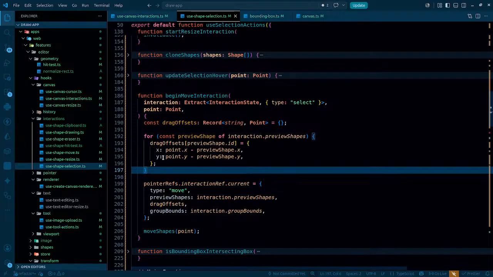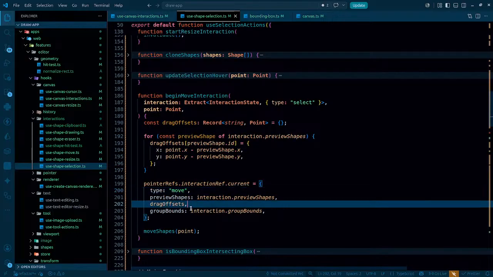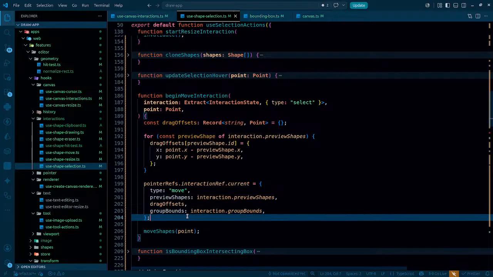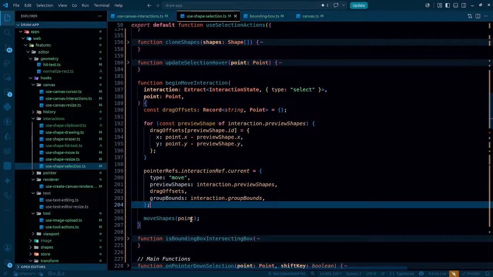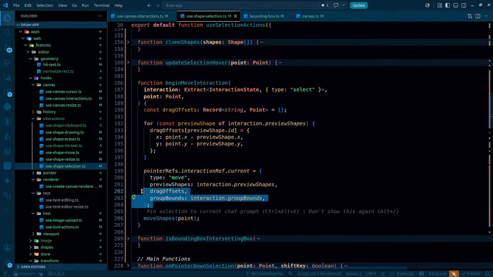And apart from this particular thing, begin move interaction, so we are getting the drag offset. Once we got the drag offsets for all of them, then we are just simply saving it in here. So we have the preview shapes, we have the drag offsets that actually contain the offsets for all of them. There's another way as well, that is calculating the dx and dy from the last point, and that can actually be done, but even drag offset works well, so no problem as such. And then we are just simply moving the shape from here, and it turns out to be working. Moving shape in the sense it uses these